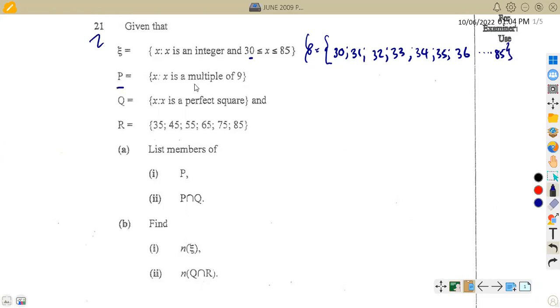So P is a multiple of 9 from this number. Which means set P, we are referring to multiples of 9. Remember 9, 18. But we need from 30 to 85. So which are the multiples that you are referring to? So we've got something like 36, 45,